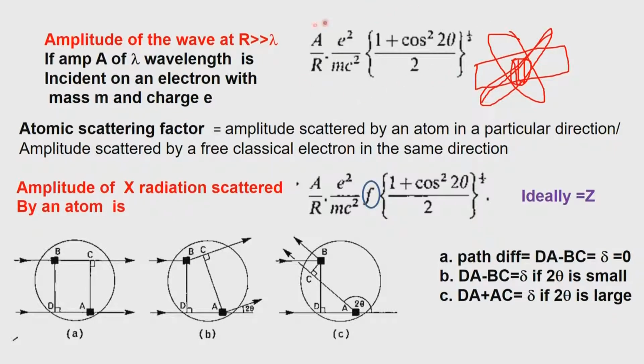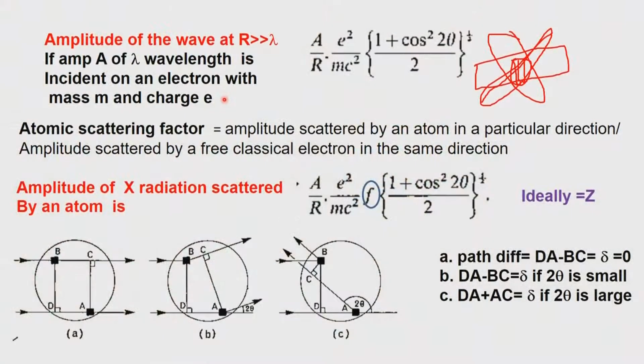The amplitude of that spot depends on this quantity, and this particular quantity is A, which is the incoming amplitude, divided by r. So, if you just send an X-ray beam, for example, light coming from a source in front of us, the light will become weaker and weaker as we go to very large distances. In fact, the intensity varies as the square of the distance. So, when we take it at a very large distance, the amplitude gets reduced by that particular amount, proportional to 1 over r. So, amplitude is already reduced.